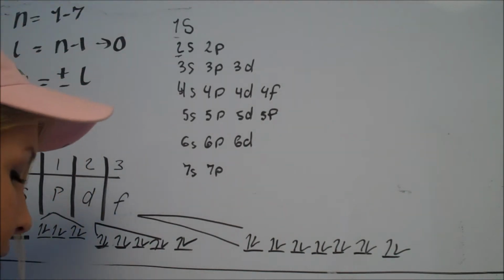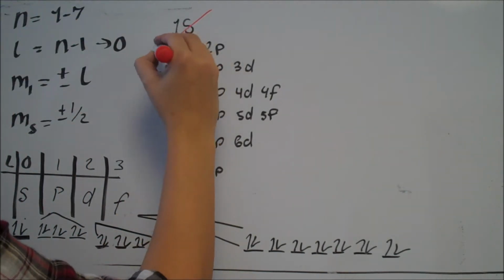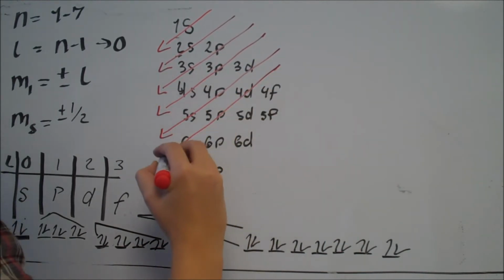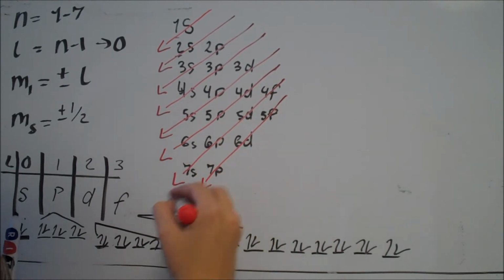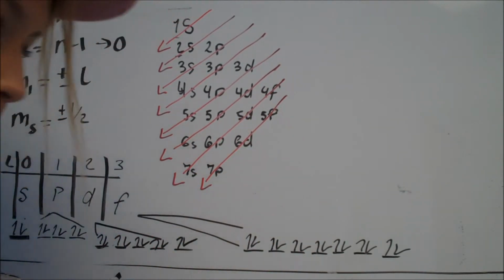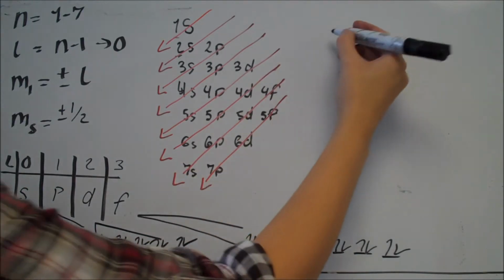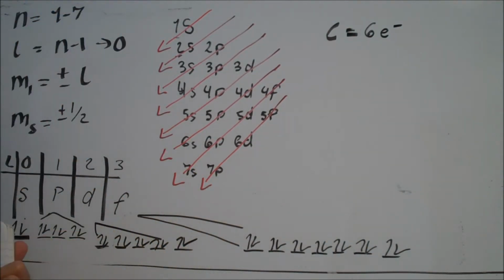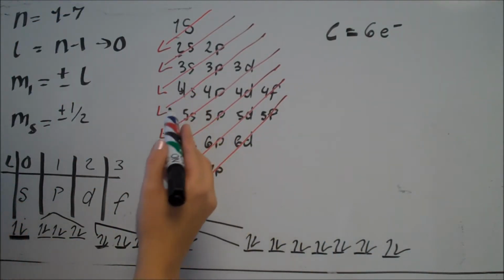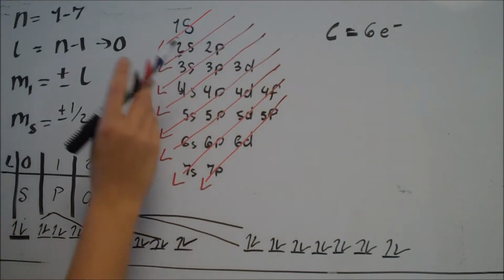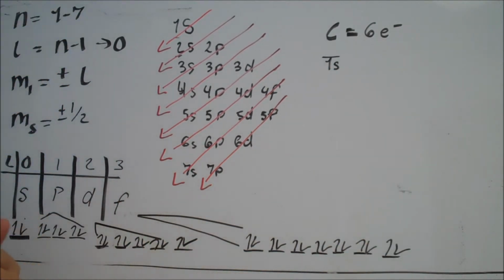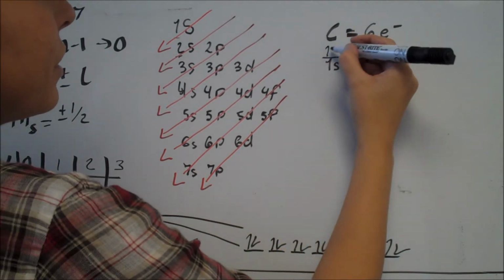Okay, and how this comes in handy is we actually just draw little arrows sideways from this. And this is our periodic trend. Let's just do carbon, for instance. Carbon has 6 electrons. So therefore, we would have to fill up each orbital. Let's start with 1s, since this is where our first one is. So 1s has 1 orbital. And how many electrons can go in each orbital? That's right, 2. So we put 2 of our electrons there.